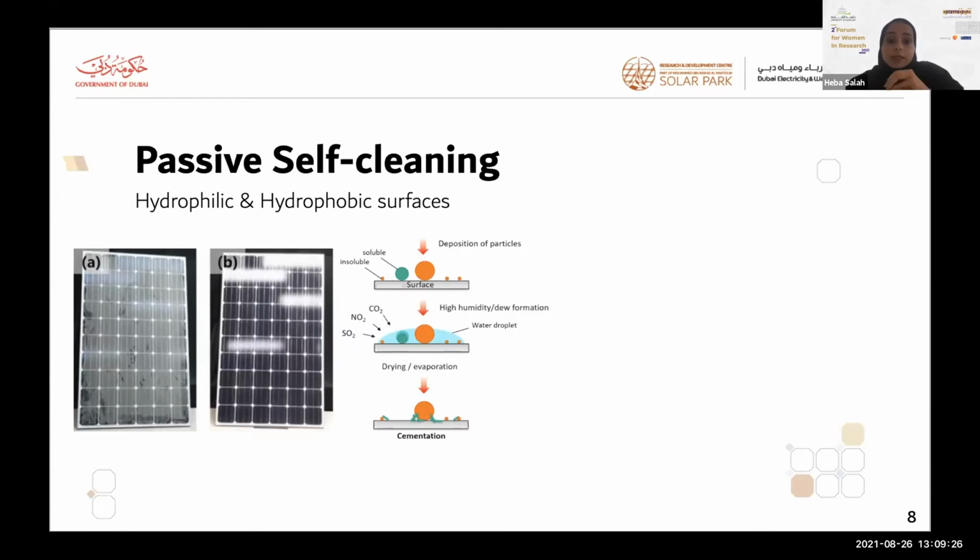And these droplets leave the particles glued to the surface in precipitated salt when they are dried. Our solar team here investigated the average daily soiling rate, and the results showed that the soiling rate could go as high as 0.7%. And so the awareness to reduce the dust adhesion to the surface and keep the PV panel clean has resulted in the development of soiling mitigation methods such as self-cleaning, by integrating a self-cleaning feature to